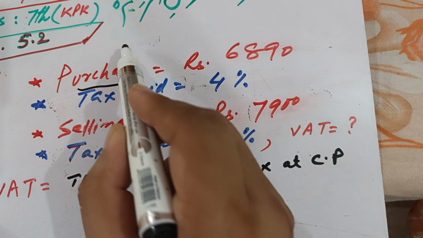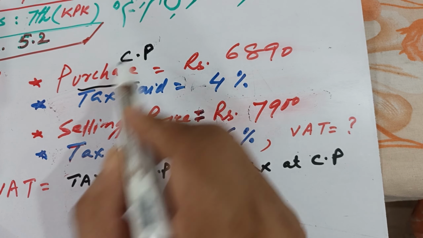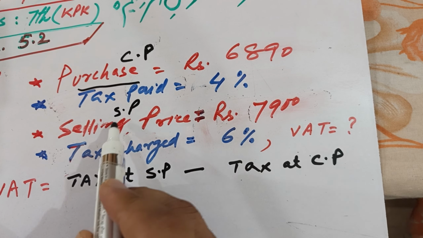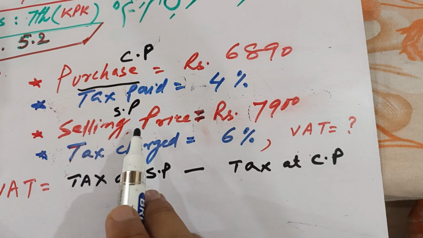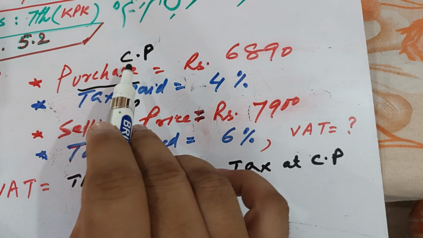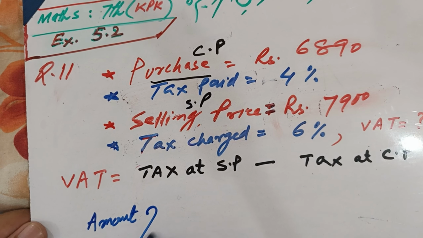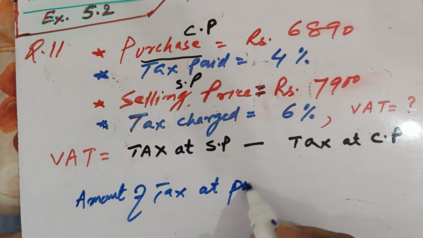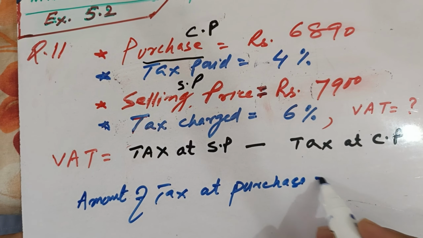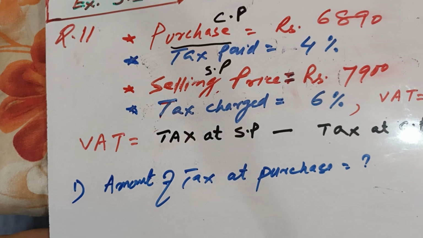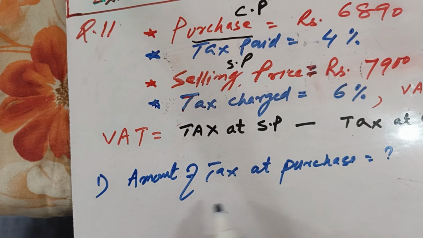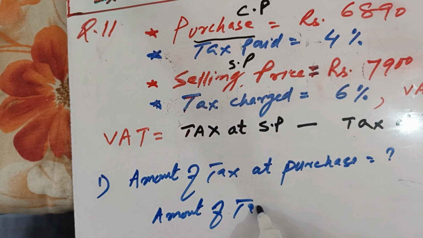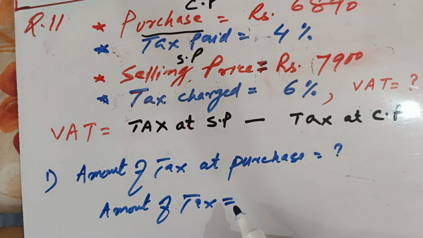We can say this is our CP, and this is our selling price, this is our SP. Selling price is known as SP and purchase or cost price is known as CP. So amount of tax at purchase. This will be our first target, and this amount of tax is equal to